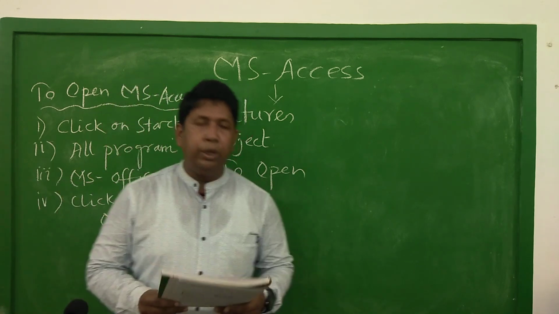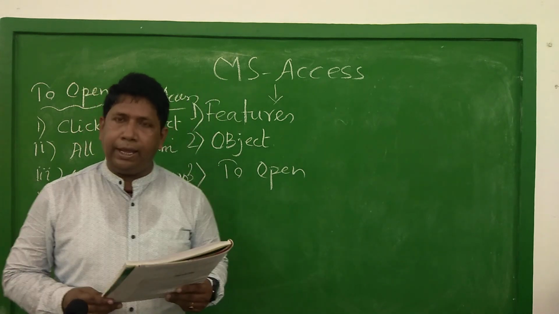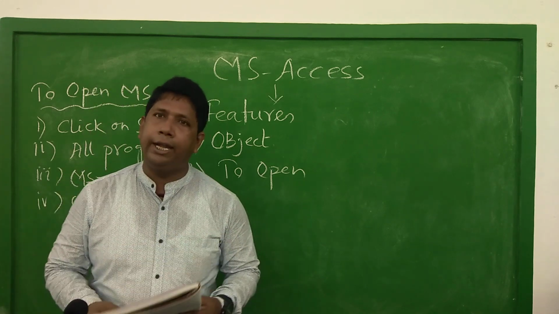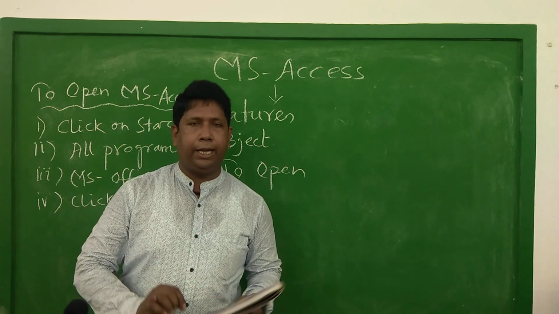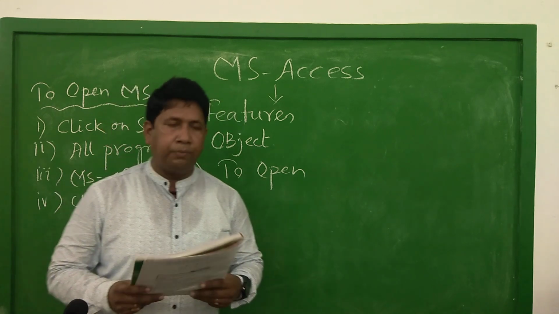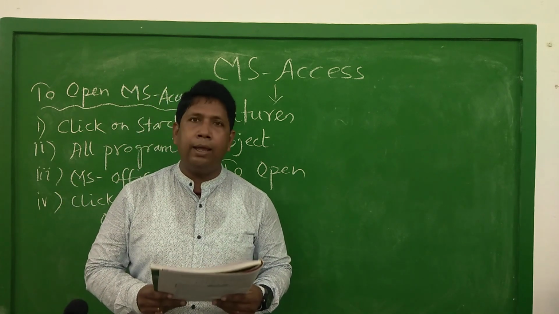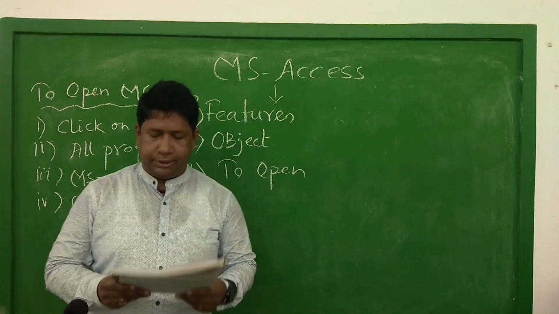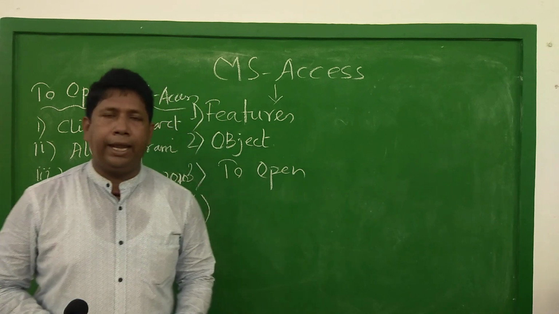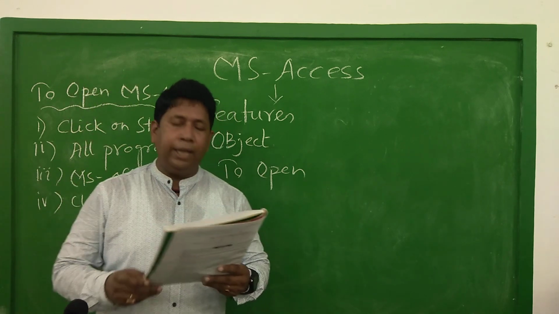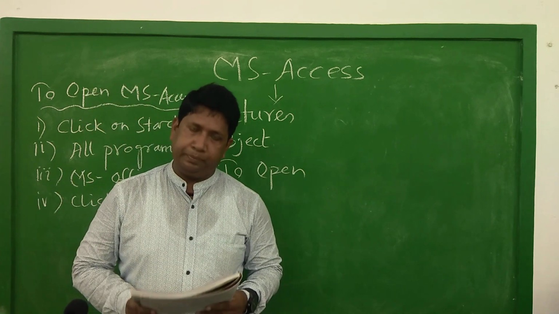Queries. You use queries to retrieve specific data from your database and to answer questions about your data. It means a query is used to retrieve specific data for the user. Forms. Forms give you the ability to choose the format and arrangement of fields. You can use a form to enter, edit and display data. It means by using a form you can enter any type of data, edit and display it.